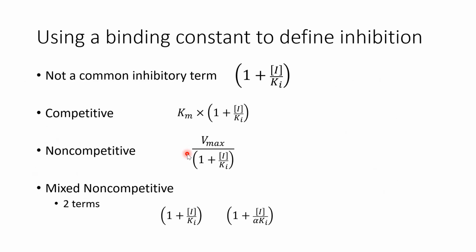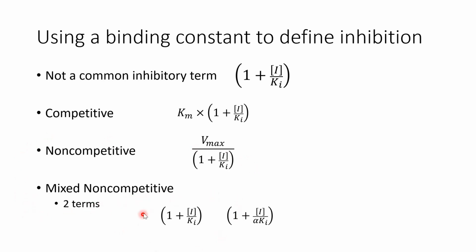So anyways, getting back to the inhibition constant. While I said before it's a common term, it really isn't a common term in these equations. In competitive inhibition, you're looking at this term multiplying into the substrate affinity value. In non-competitive inhibition, you're dividing your maximum velocity by your inhibition term. And in mixed non-competitive